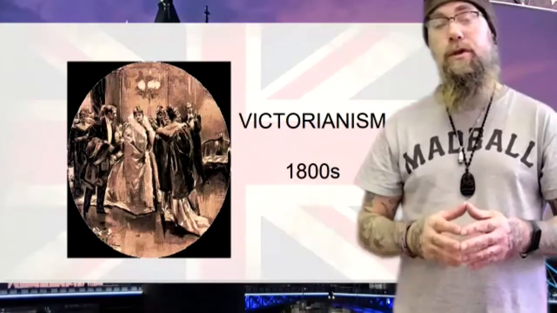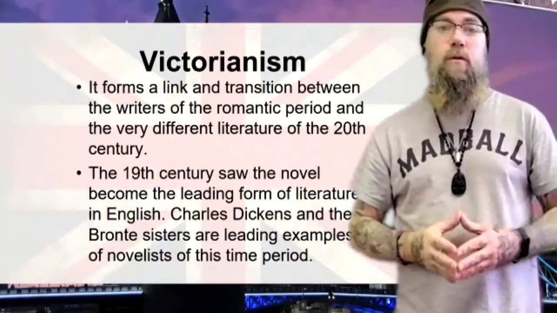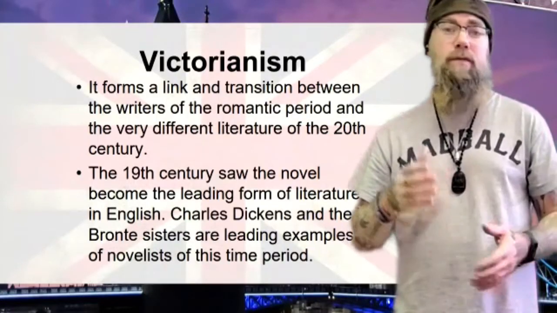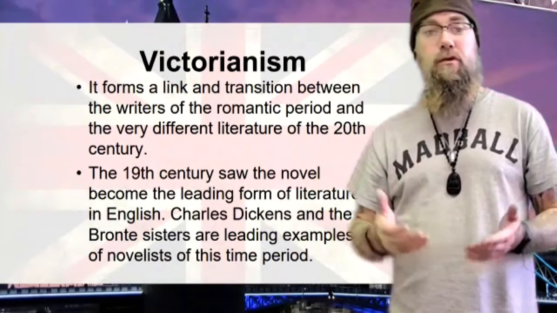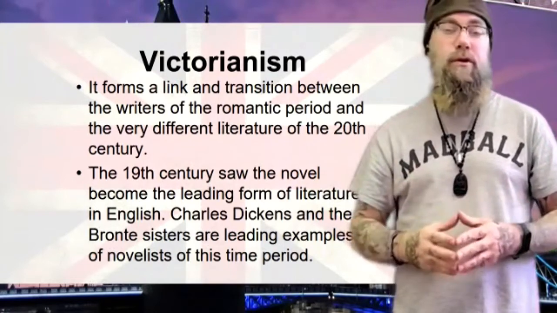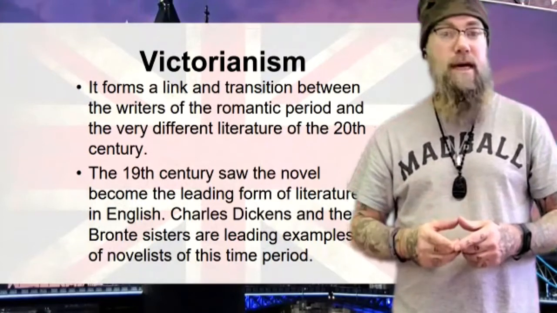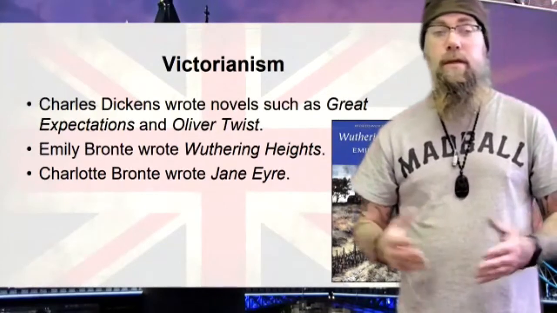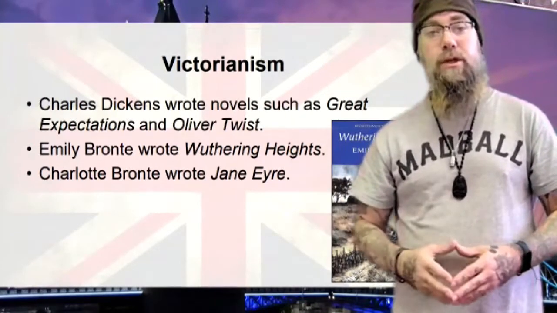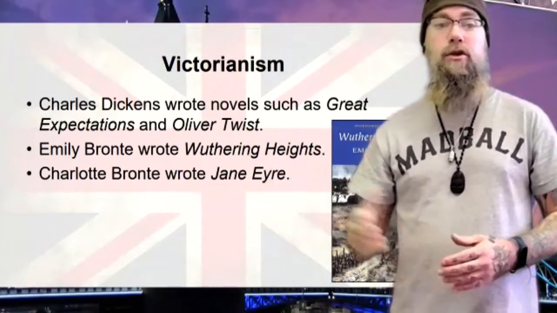The next period in British literature was Victorianism, which occurred in the 1800s. Victorianism forms a link and a transition between the writers of the Romantic period and the very different literature of the 20th century. The 19th century saw the novel become the leading form of literature in English. Charles Dickens and the Bronte sisters are leading examples of novelists during this time. So Charles Dickens, author of works such as Great Expectations and Oliver Twist, Emily Bronte writing Wuthering Heights, and Charlotte Bronte